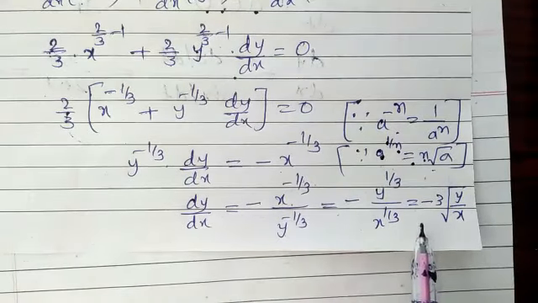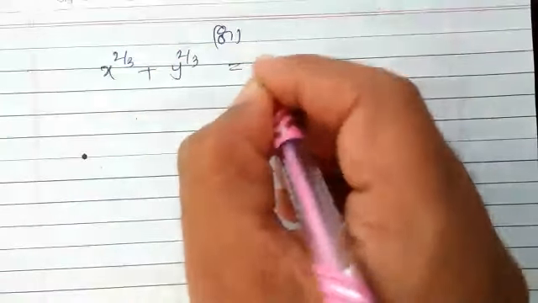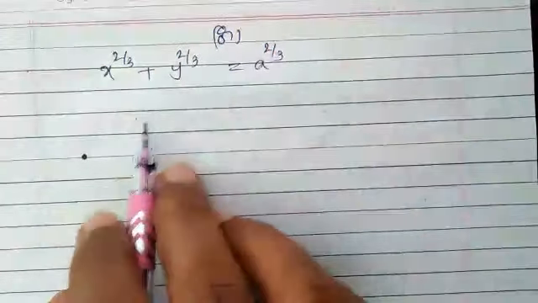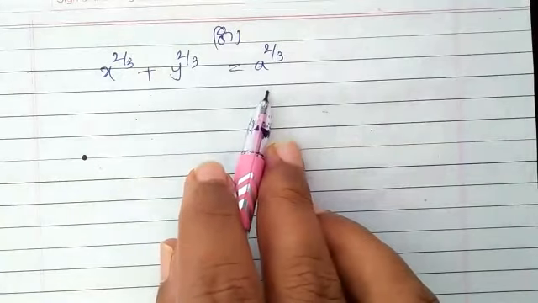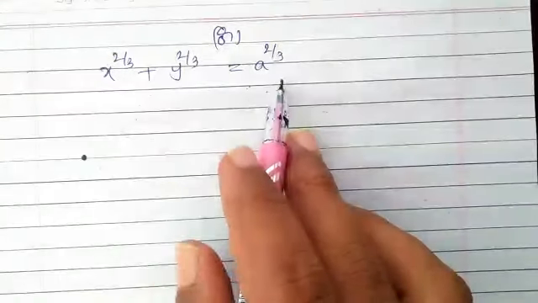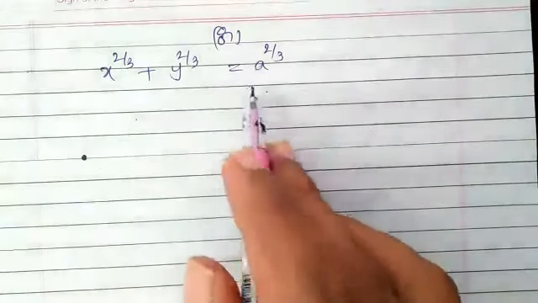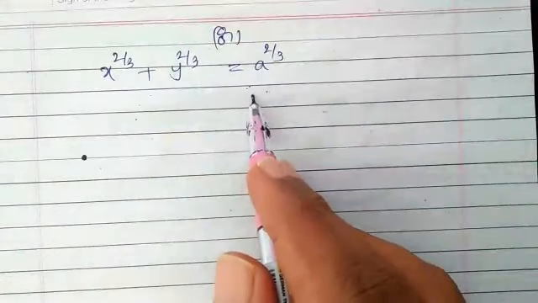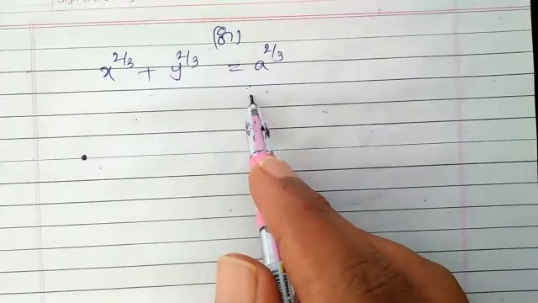But if it is given in parametric form, how do we have to solve the same problem? Just check it here. So take another method, that is parametric form. Now our problem is x power 2 by 3 plus y power 2 by 3 is equal to a power 2 by 3. Actually, this is a curve. Curve means definitely a locus point moving on the curve, moving everywhere and satisfying the given condition. So such type of parameters will exist on the curve.